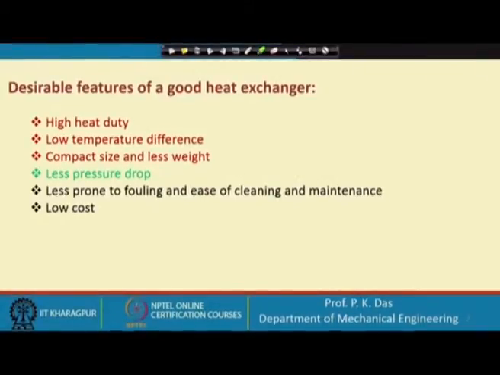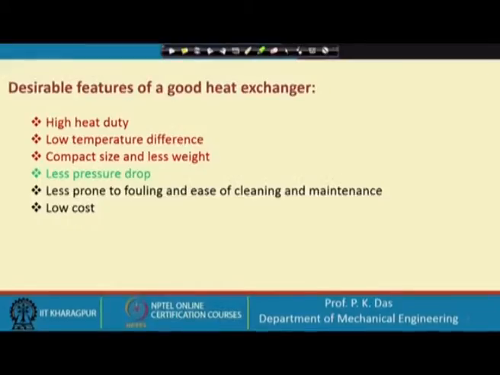Generally, pressure drop depends on many parameters. One of the most important parameters is the fluid velocity, but along with this, if the fluid within the heat exchanger has to pass a very long pathway, then there will be high pressure drop. So, we also have to see that the pressure drop should be low. Up to this I have given a different color, because somewhere in the course we are going to mention that we will look into the thermal hydraulic aspects of heat exchangers, and maybe not the other design aspects or manufacturability aspects. So, these 4 points are very important for us.